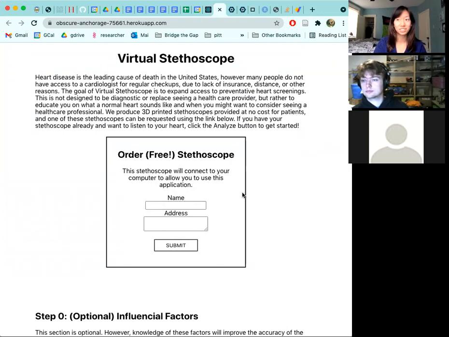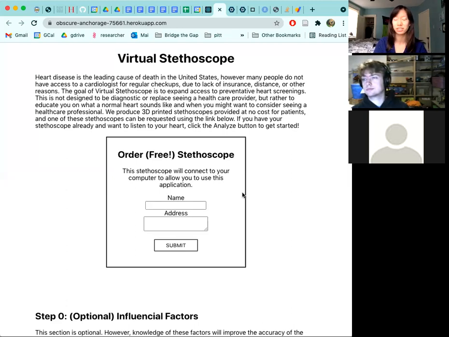So this idea actually started when I was making the rounds in medical school freshman year, and I met a patient who had aortic stenosis, and it was so bad that they needed surgery. I spoke to the attending doctor, and they said it was such a shame that this patient hadn't had this valvular heart disease caught earlier, several years earlier, because if so, they could have avoided surgery and had it treated medically. I didn't really understand what they were saying at the time, but I'm now a second-year med student, and